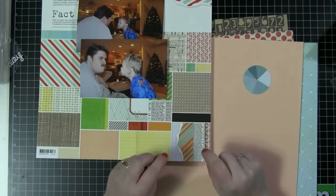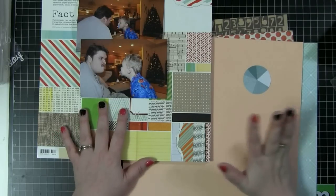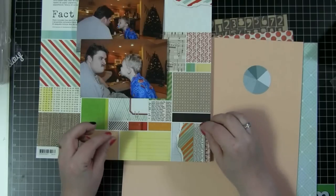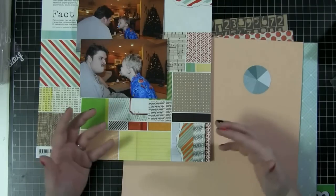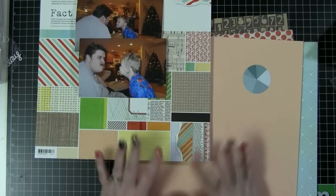Lane challenged us today to scrapbook something completely without words. At first I was like, that's going to be easy, but actually it's not easy at all. I am the queen of word stickers. I like using little word phrases on my pages. I think about titles. I journal a lot. So this issue of not using words on the page is quite crazy to me, but we're going to do the